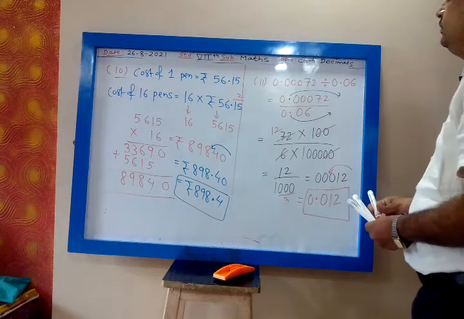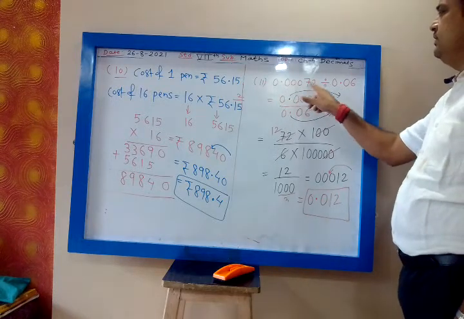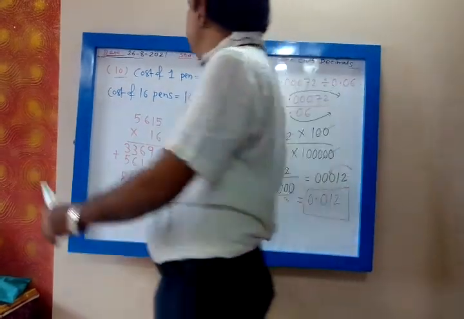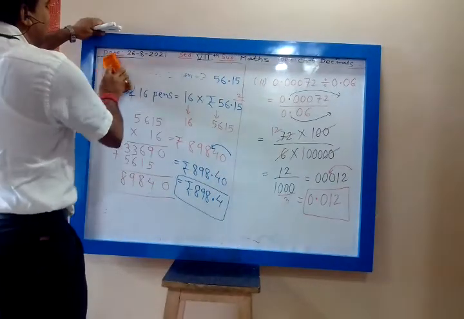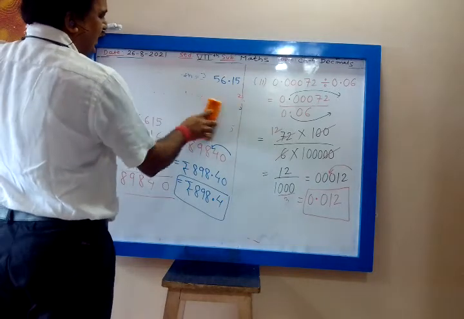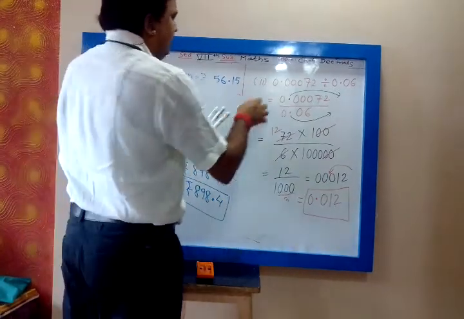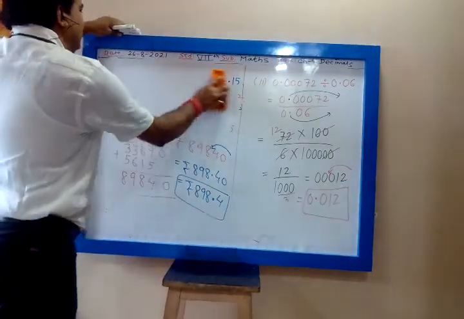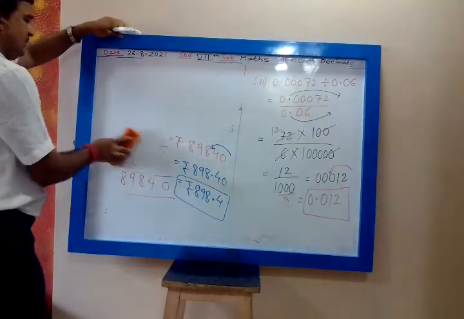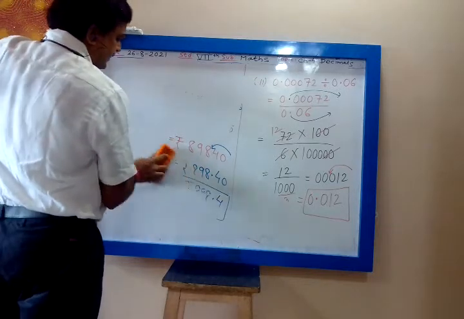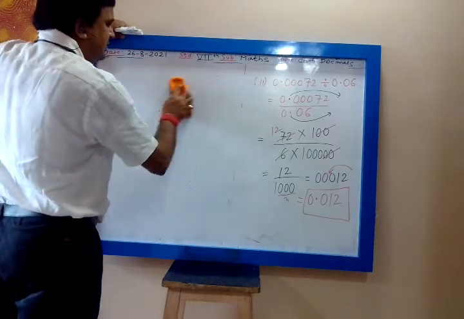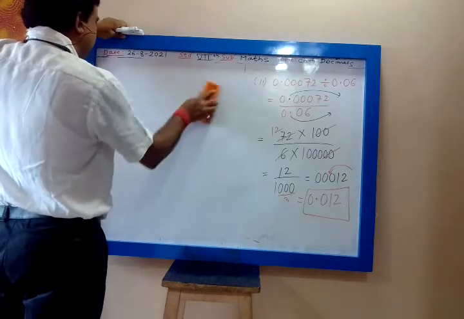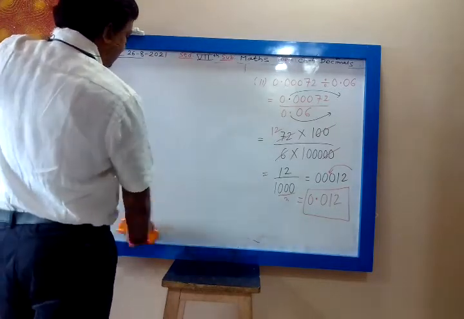The answer is 0.012. In the textbook it is given 0.0072, so the answer will be different. The working method will remain the same. In the question they have taken only 2 zeros; I have taken 3 zeros by mistake. It does not matter. If you take 2 zeros, you will get that answer. Voice is full, my dear.